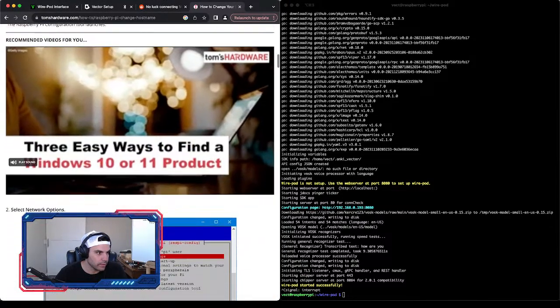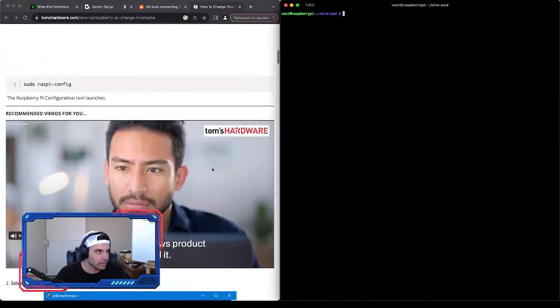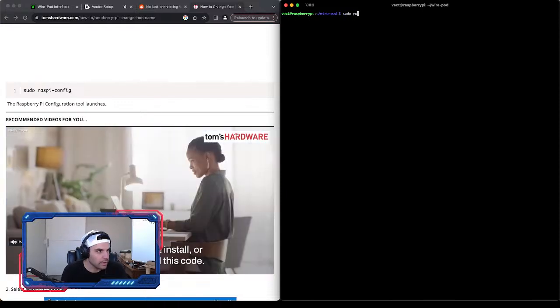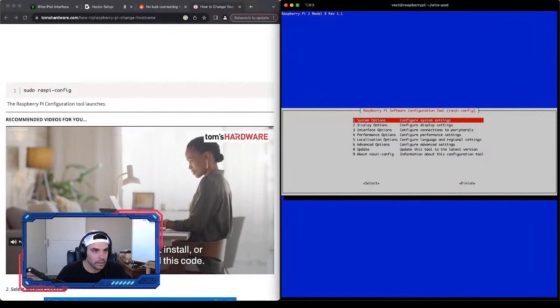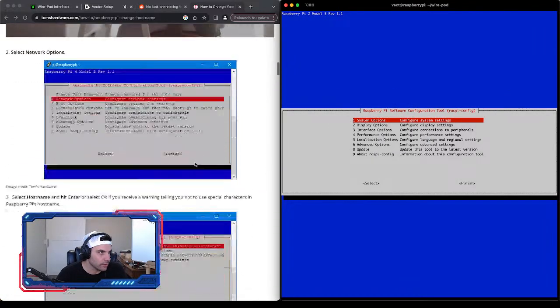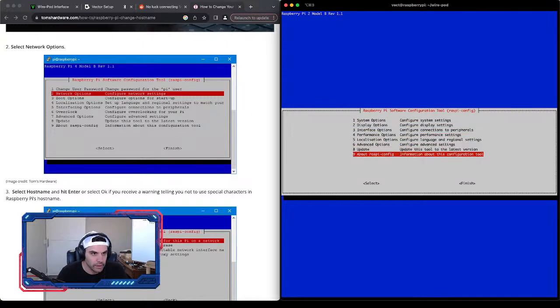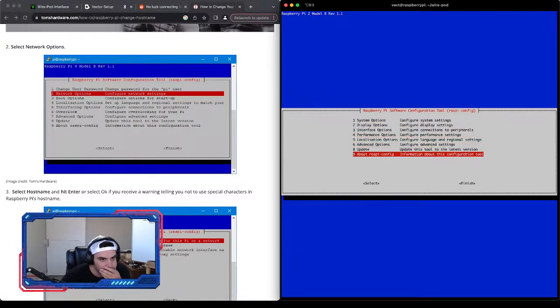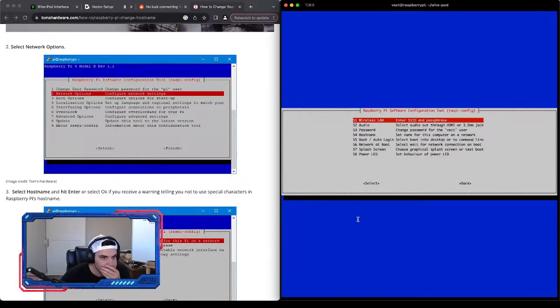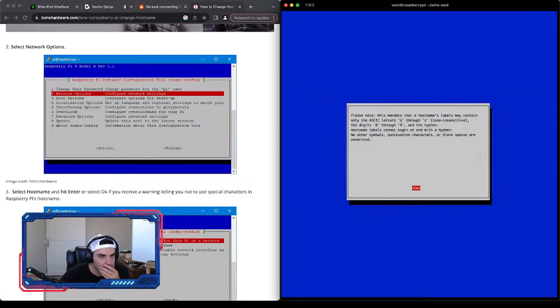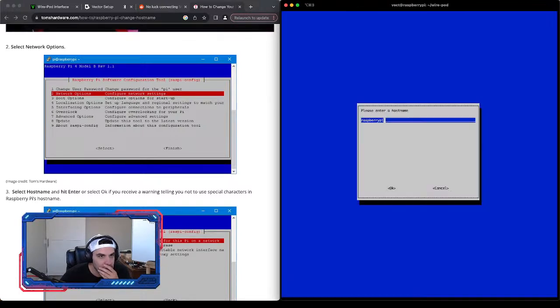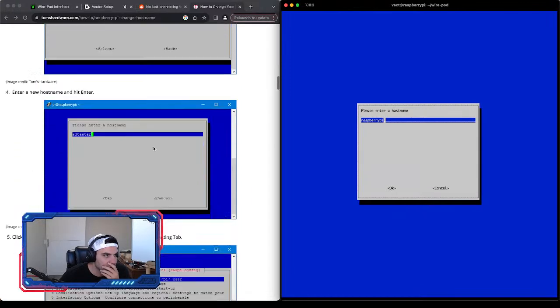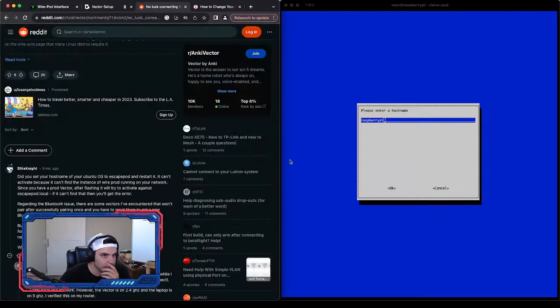Okay, let's go ahead and do this the command line terminal way. So let's go to sudo raspi-config, and then we're going to select network options. Damn. Why do we not have network options? Oh, okay. Hostname is just different. Okay, instead of Raspberry Pi, we're gonna name it